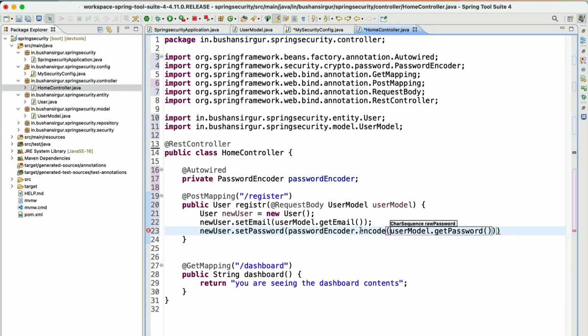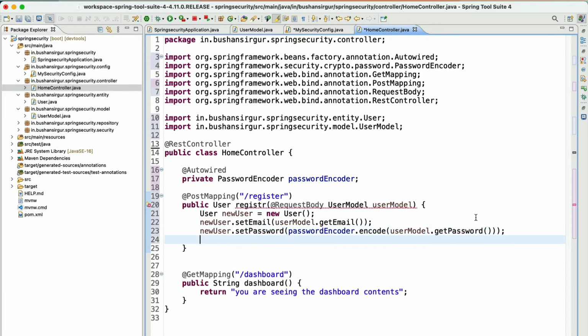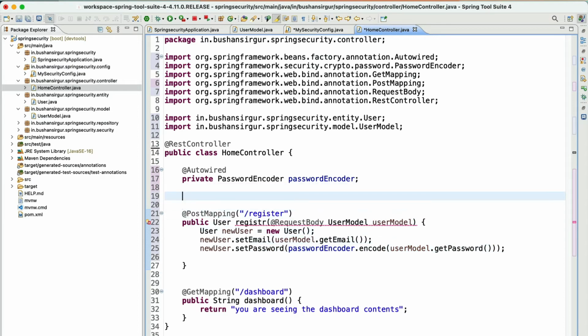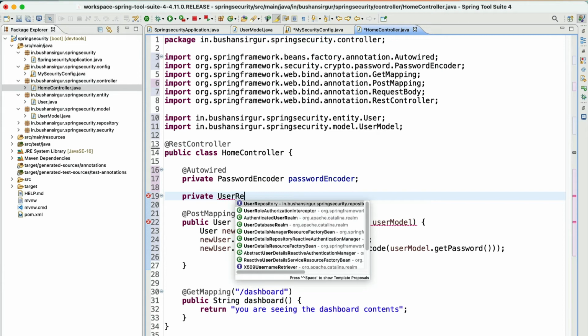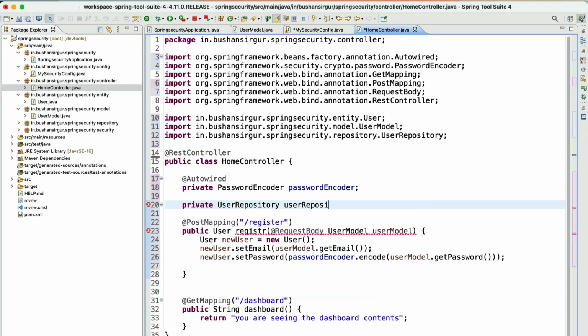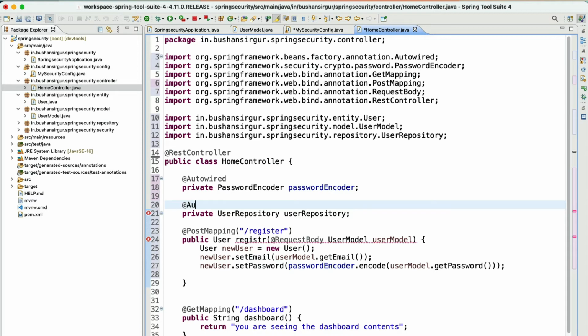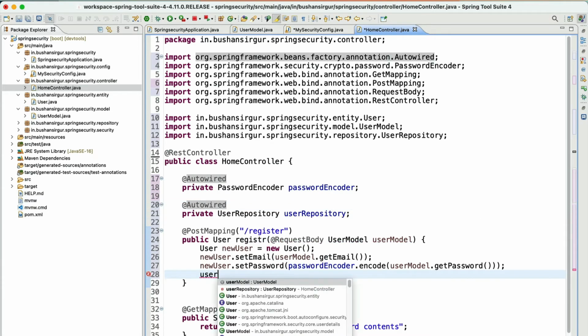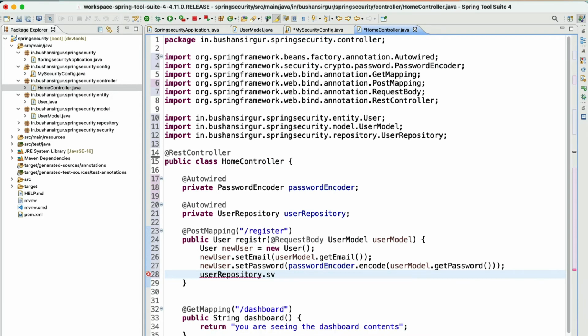So this password encode will encode the password, and we need to save to the database. So for that we need the user repositories. So let's auto-wire the user repository. Let's add the annotation, and we will make use of this user repository to call this save method. To this we will pass the user entity, which is new user, and we will return this. Okay, so let's save the file,